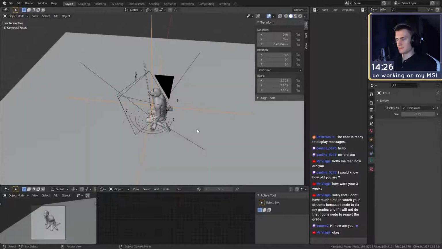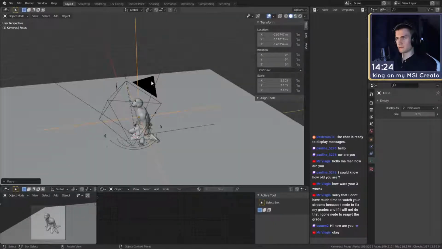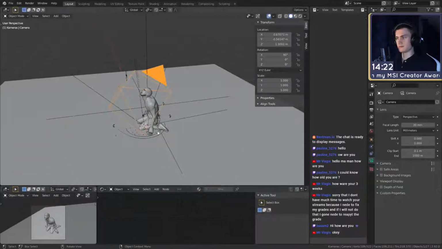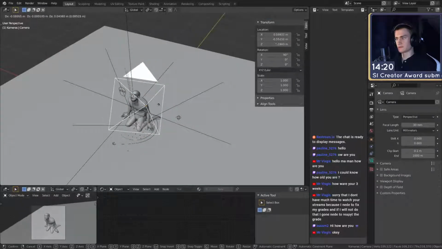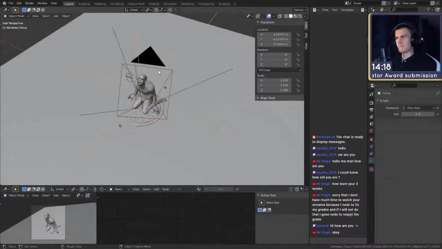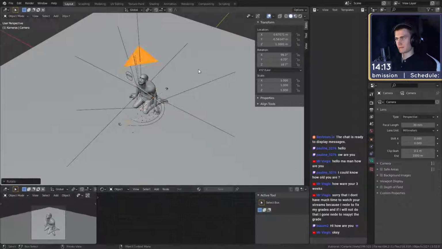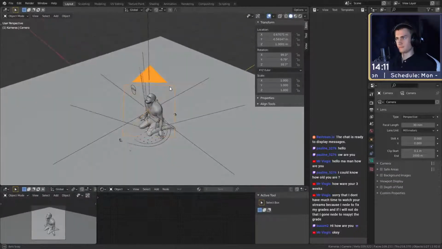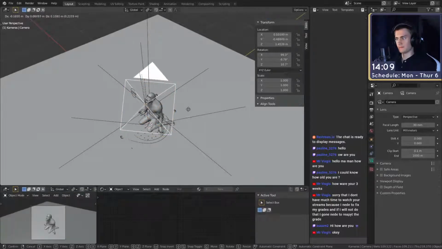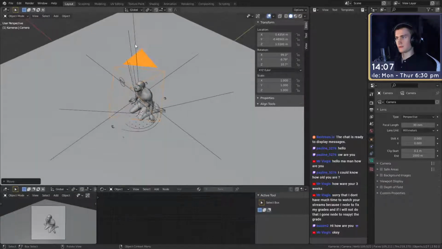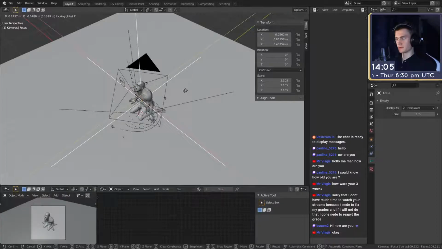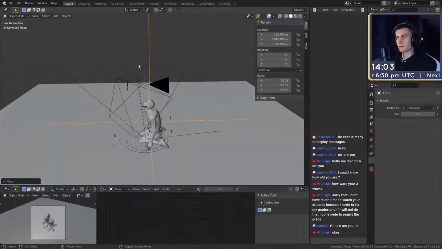I kind of want to move my focus though. I also want to remove the missing background, so I kind of want to only focus on his body. Okay, maybe move the focus a little bit forward.